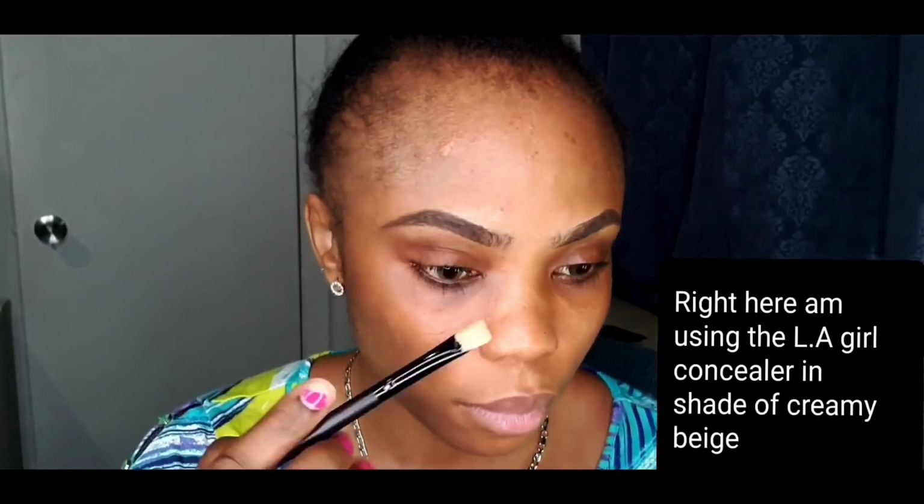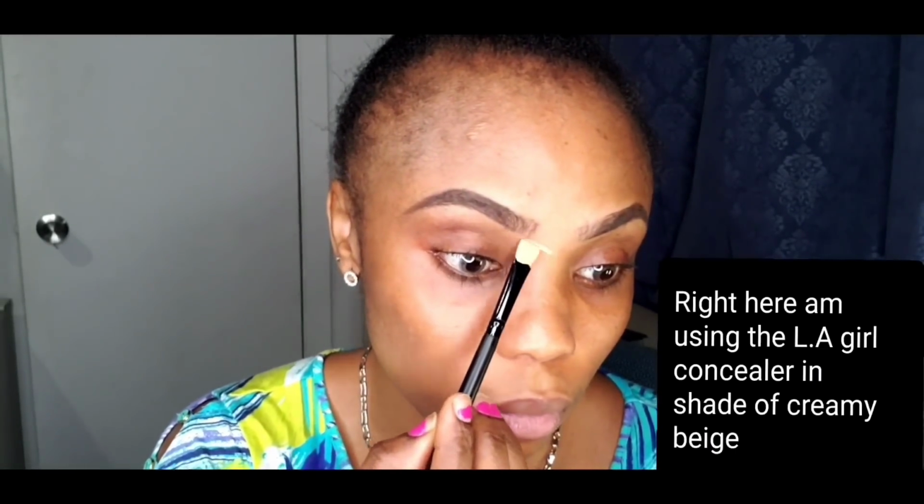Before, I used my spoolie to brush in the color to look natural, repeating the same thing on the other side of my brows. And now what I'm doing is sculpting my brows using my LA Girl concealer in the shade of creamy beige,